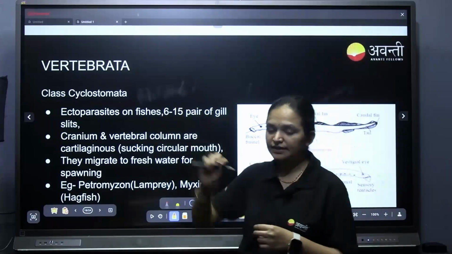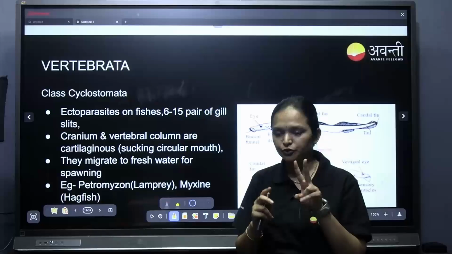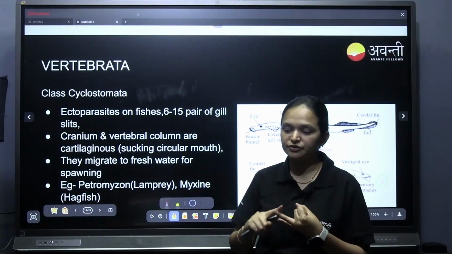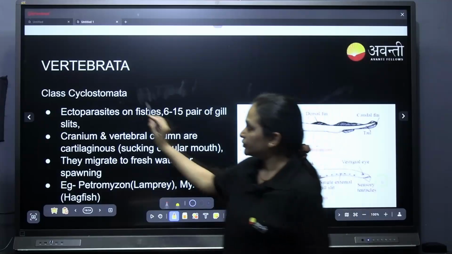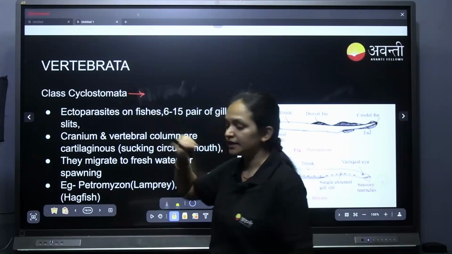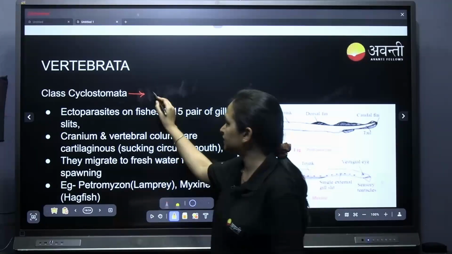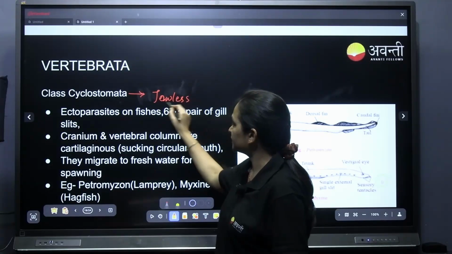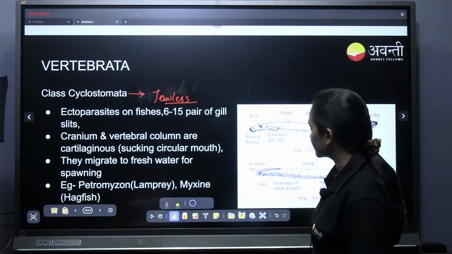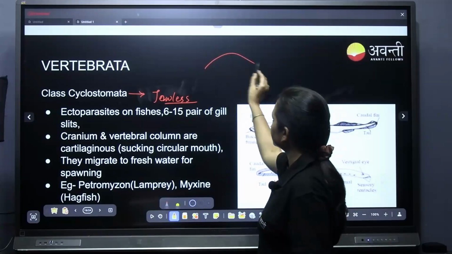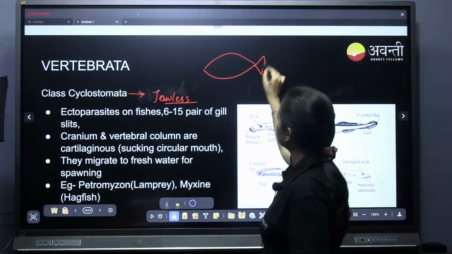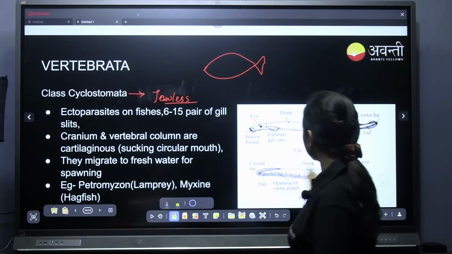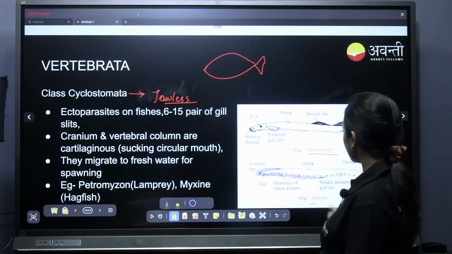Coming to the first one, the vertebrata is divided into 2: the members which have a jaw and the members which do not have a jaw. The cyclostomata don't have a jaw, otherwise they are called jawless. These are jawless. These are ectoparasites. Ectoparasites in the sense, if this is a fish in the aquatic system, these petromyzon and myxine